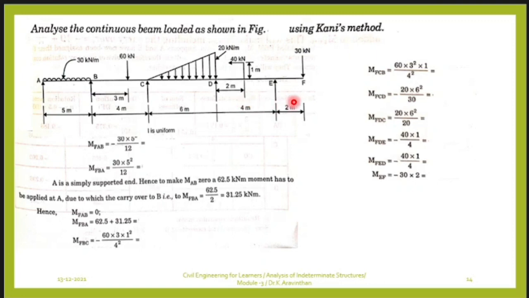See, if you are going for the slope deflection method, how many thetas will be there? Theta at B, C, D and E. You will be having 4 thetas. If you have 2 thetas, you have to solve 2 equations, isn't it? Equilibrium equation 1, equilibrium equation 2. So from those 2 equations you have to solve. If you have 3 thetas, you have to solve 3 equations, that is 3 unknowns, but 4 unknowns will be very difficult in the slope deflection method, isn't it?